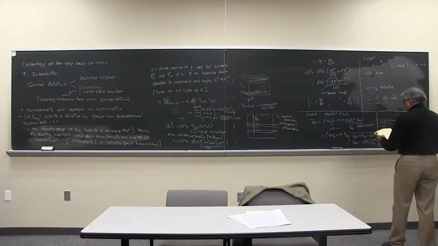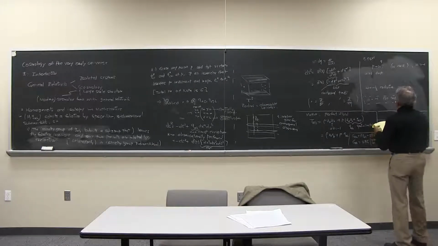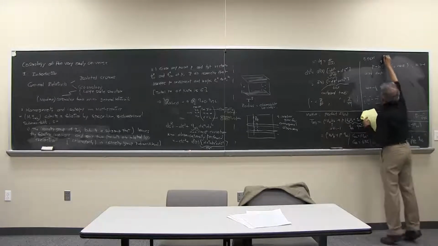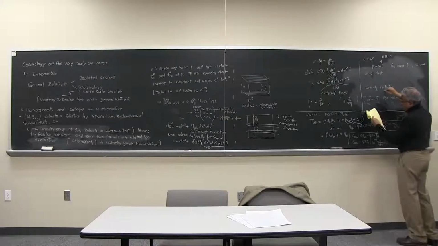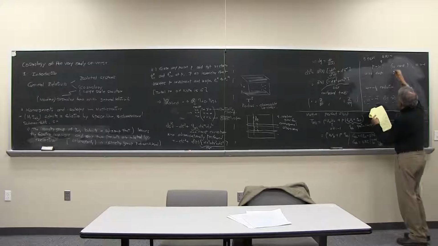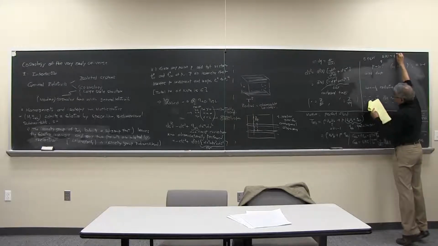I just want to get the numerical factors correct here. So the statement is that a of t, there are constants, so the time dependence is given by t to the power